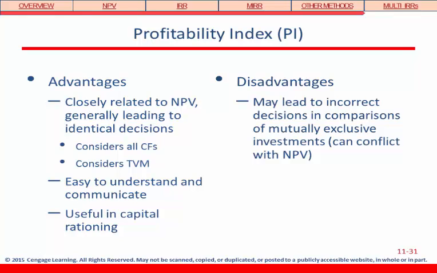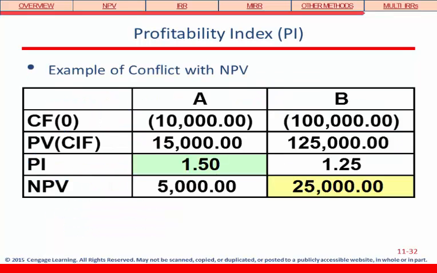Now, its biggest disadvantage is that it can conflict with the NPV about which project to choose. For example, if I'm comparing these two projects, let's figure out what the NPV and the PI are for both projects. Now, what I've really done here is given you a short and dirty kind of problem. I told you what the initial cost is and what the present value of the cash flows are. Now, in this case, with project A, you're going to get a PI of